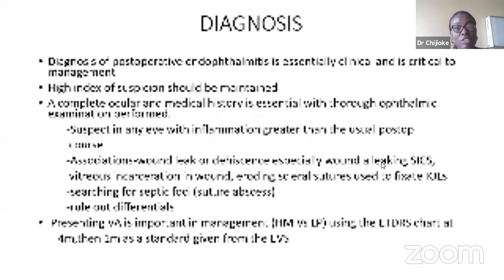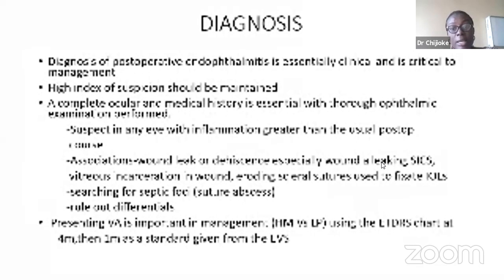Diagnosis of postoperative endophthalmitis is essentially clinical and is critical to management. High index of suspicion should be maintained. A complete ocular and medical history is essential with thorough ophthalmic examination performed. You should suspect in any eye with inflammation greater than the usual postoperative course, searching for associations, wound leak or